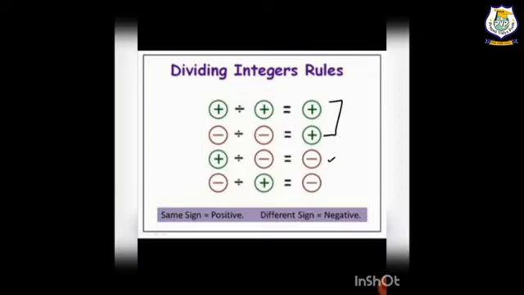If one is negative and the other is positive, then also we are getting the negative sign. What does it mean? If we have two numbers with opposite signs, or we can say different signs, then we get the answer with the negative sign. It means what you have understood here is that multiplication and division both follow the same method for integers.